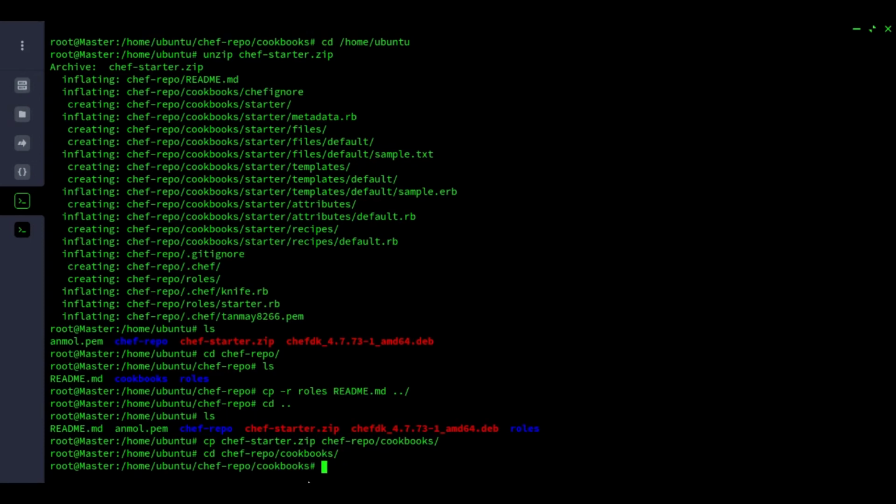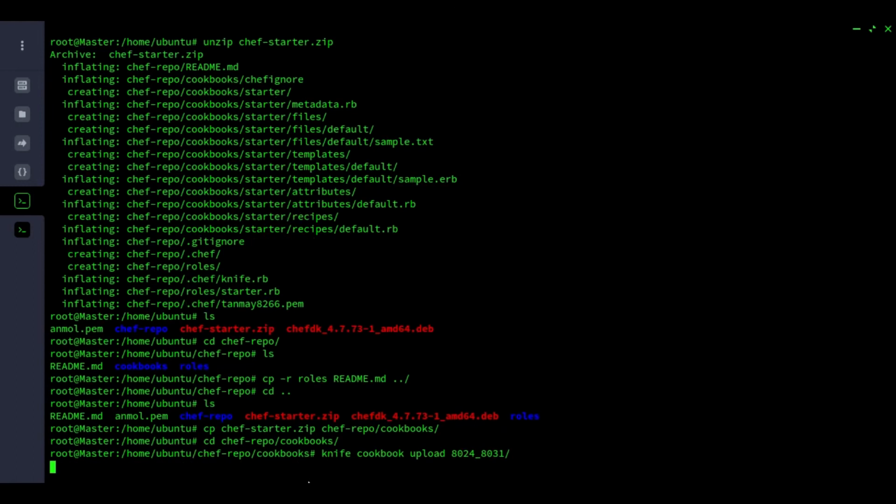To upload the cookbook, we have a command called knife. With the knife command, you can upload the cookbook to the server. The command to upload the cookbook to the server is knife cookbook upload and your cookbook name. So here our cookbook name is 8024_8031. Once you hit enter, knife will upload the cookbook to the server,